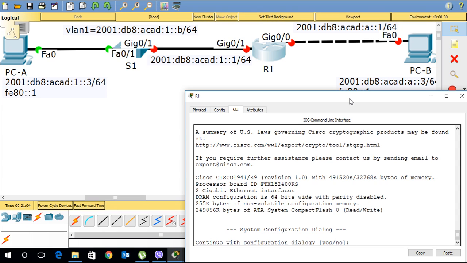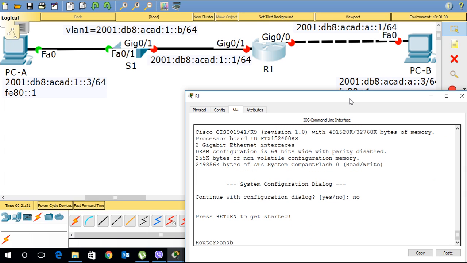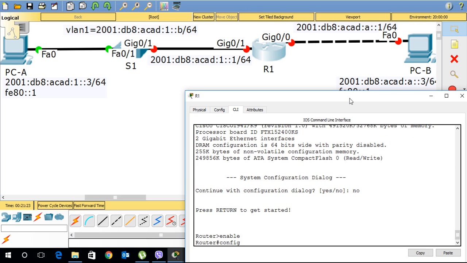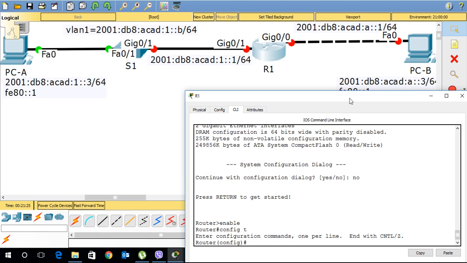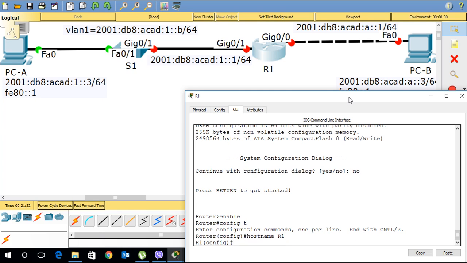And now let's start to configure the basic configuration on the Cisco router. So now let's start. The first thing I need to do is change the host name, set to R1, and